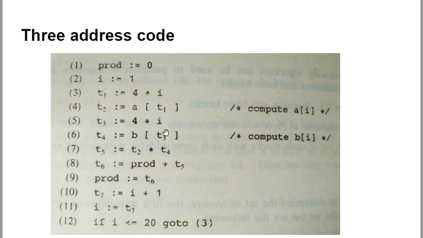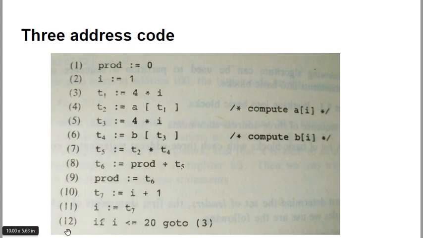The first basic block will consist of the 2 statements, line number 1 and 2, and the second basic block will consist of the statements from line number 3 to line number 12, because in line number 12 we see if i is less than or equal to 20, go to 3. If we go to 3, we see that this is the leader, according to the method for construction of basic blocks. Then we continue with 4, 5, 6, none of the statements have any jump, so it will end up to here.